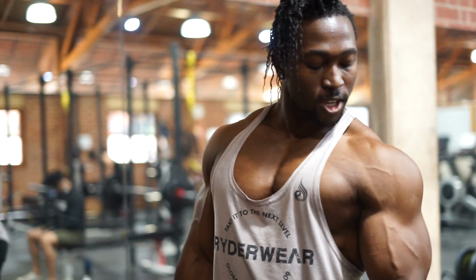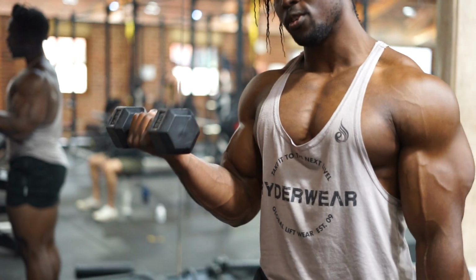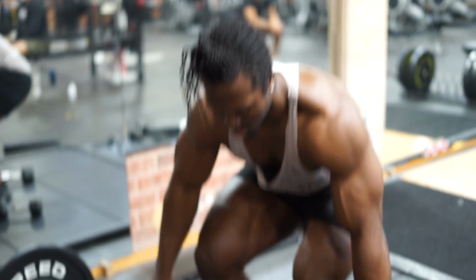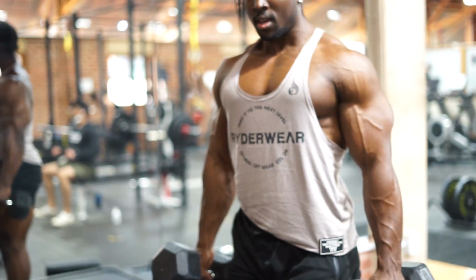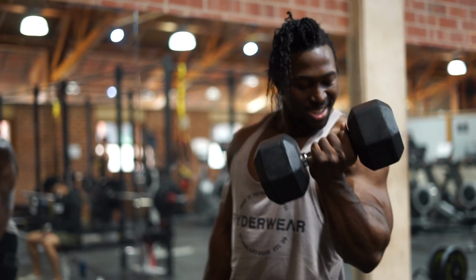Build out the concentric and eccentric part, the positive and negative part of the movement. Feel those biceps work, okay? And I'm not saying don't go heavy. Look, just something comfortable for you. Keep your form in, keep that focus in, and